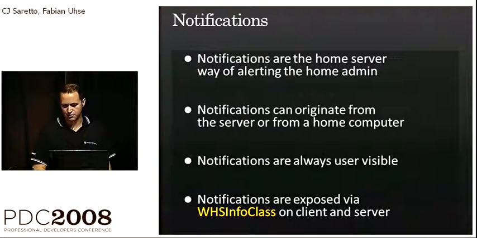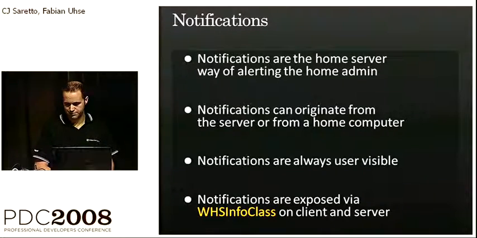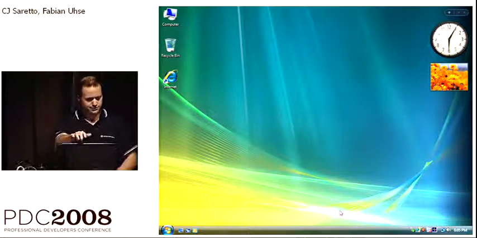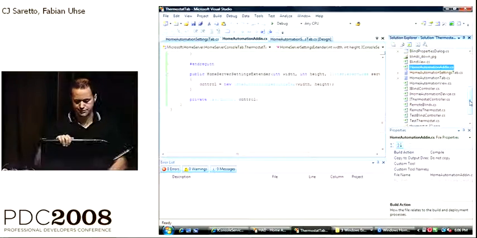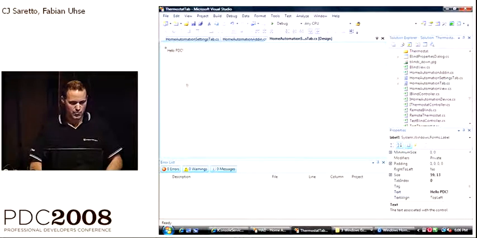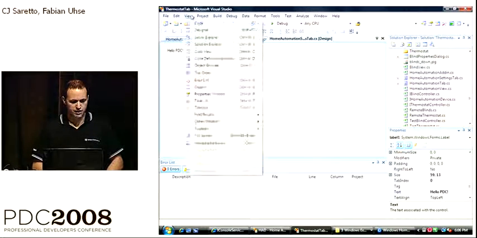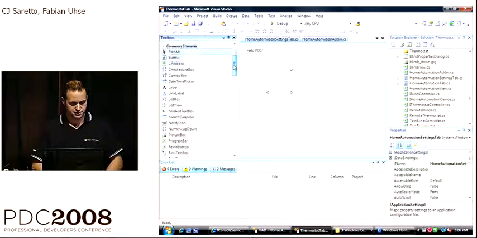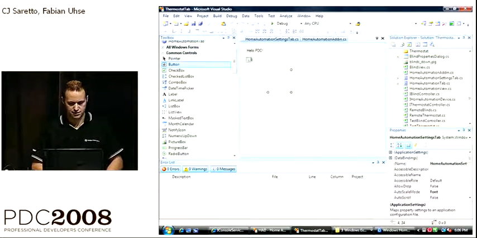If I go back really quickly to my control, let's say I just want to add a quick button so that I can send a quick notification. I'll add a button.